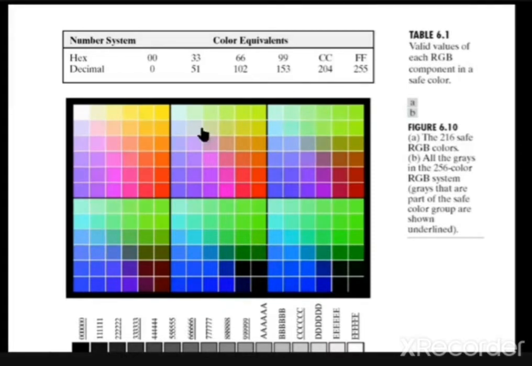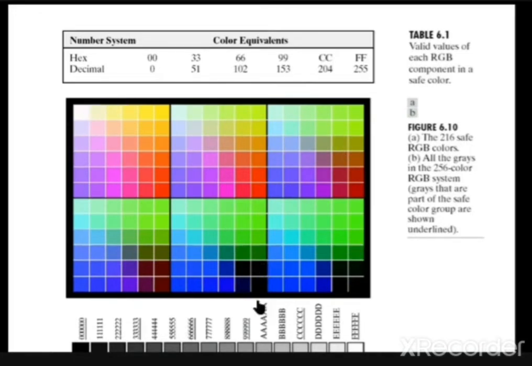Here, if you look at this color diagram, it indicates the combination of different values of R, G, and B. So can you think what about this white color? How is it generated? 0, 0, 0? It indicates white color. Sorry, 255, 255, 255 indicates white color. Like that, if you go on mixing RGB with these different values, you'll be able to get these 256 colors. All the 256 colors which are generated by combination of these 6 values is shown in the diagram.